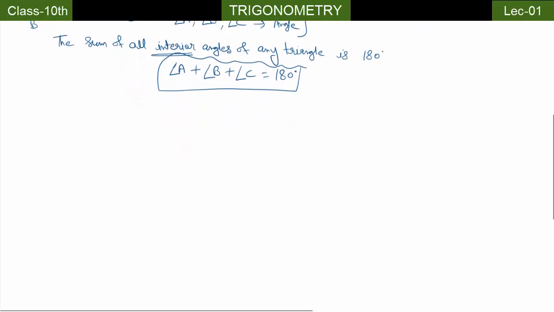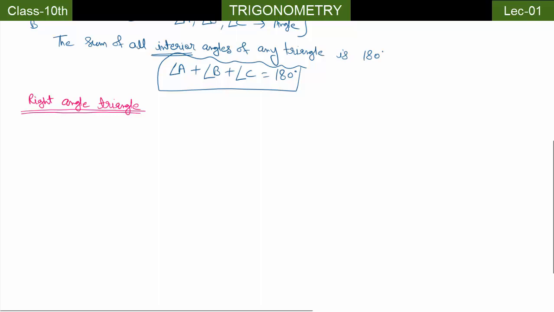Okay. So next we can study the different types of triangles based on the sides and based on the angles, but I am not going into that much detail. Actually, here we need only one specific kind of triangle, that is the right angle triangle. So we will directly study the right angle triangle. So the next heading is right angled triangle.